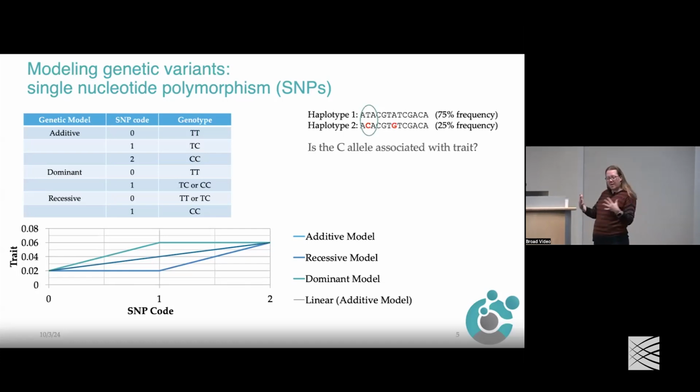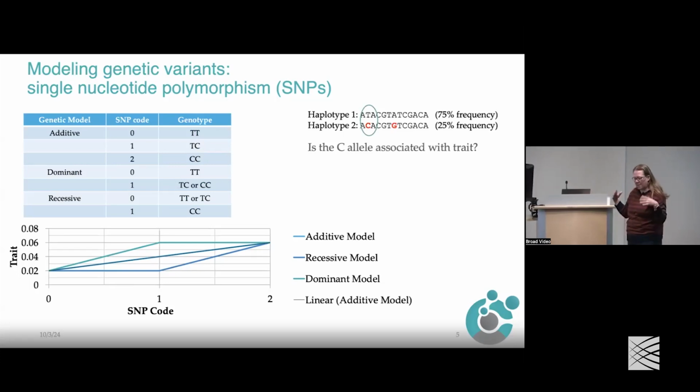How are we going to code them for our numerical analysis as we look for a correlation? I'm putting up here the 3 common genetic models and a depiction of what we are imposing in terms of what we're looking for in